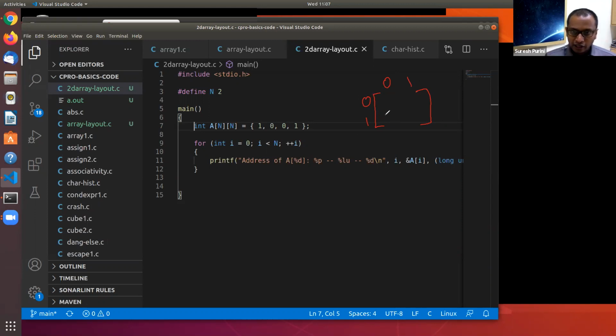So this element is a of 0, 0. This element is a of 0, 1. This is what is called a row index, and this is a column index.